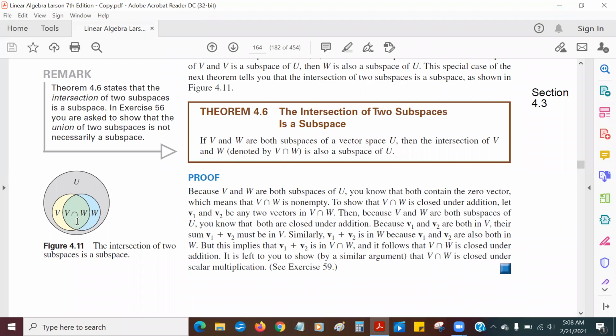So our goal now is to prove, we know that U is a vector space. We know that V is a vector space because it's a subspace. Subspace means it's a vector space in its own right, which is a subset of U. And W is also a vector space because it's a subspace. Subspace, by definition, is a vector space. And we want to show that this little green football here